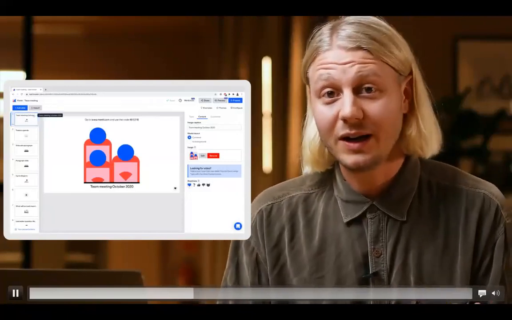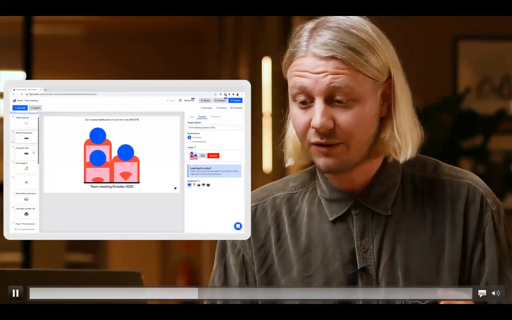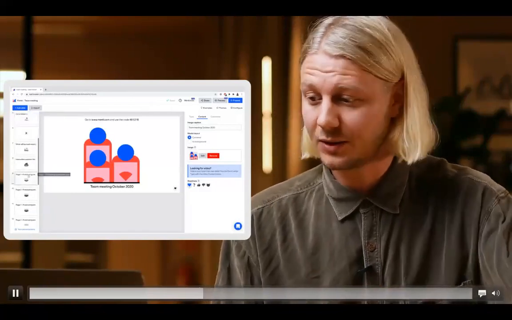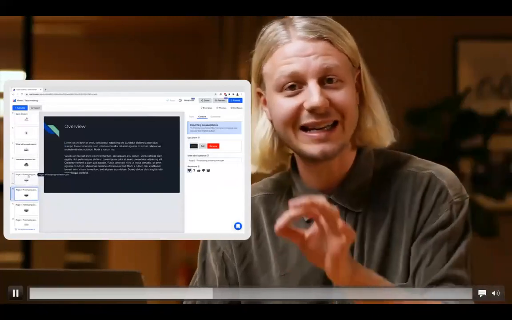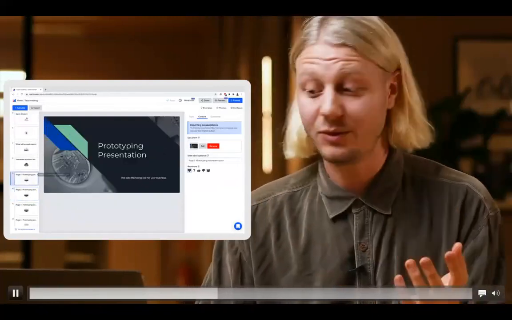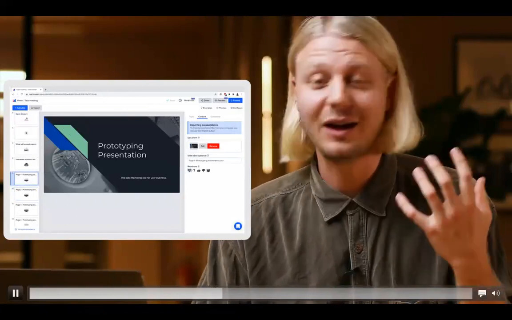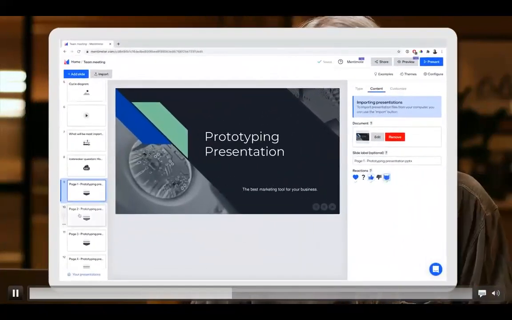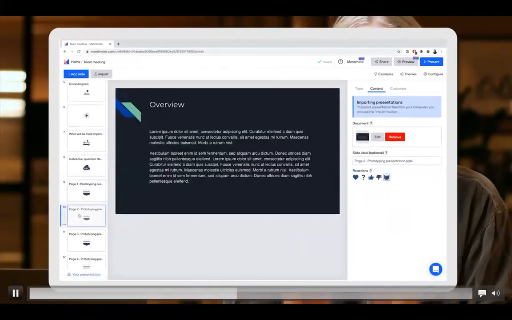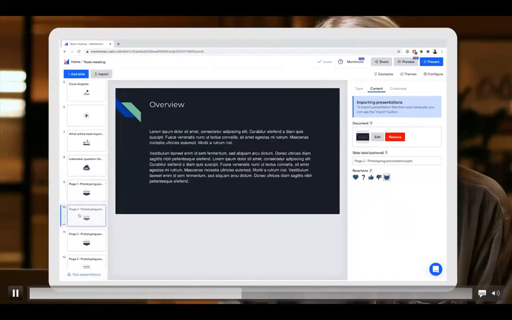I'm going to close this window and it'll upload in the background. Now that my PowerPoint is uploaded to Mentimeter, I'll find it at the bottom of my presentation. And here we can see I have my entire PowerPoint presentation directly in Mentimeter. And this allows me also to add the beloved reactions here, the heart, the thumbs up, and the cat if you'd like that. And this is a really smooth and easy way to keep everything nice and tidy in Mentimeter.